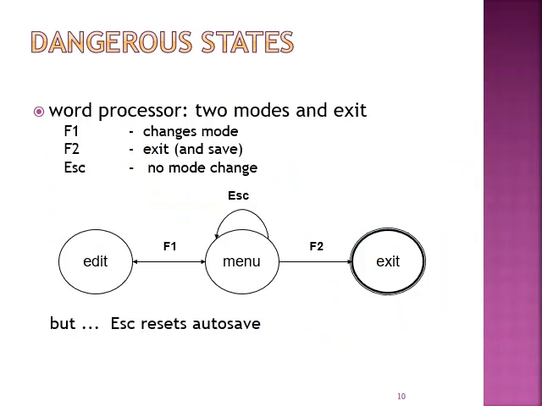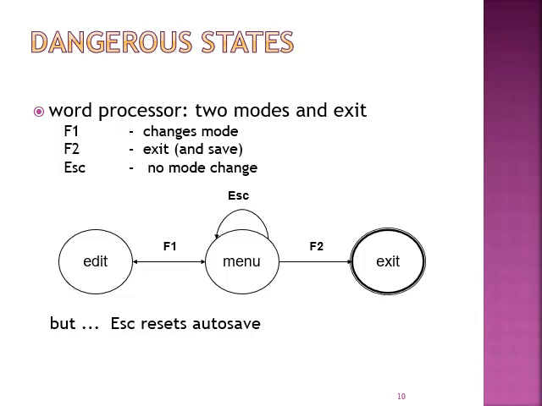The next property is known as dangerous state. Are there any desirable states that lead to deadlock? That is, no further transitions are possible. So detection of dangerous states ensures that the user never goes to one, thus avoiding potential usability problems.